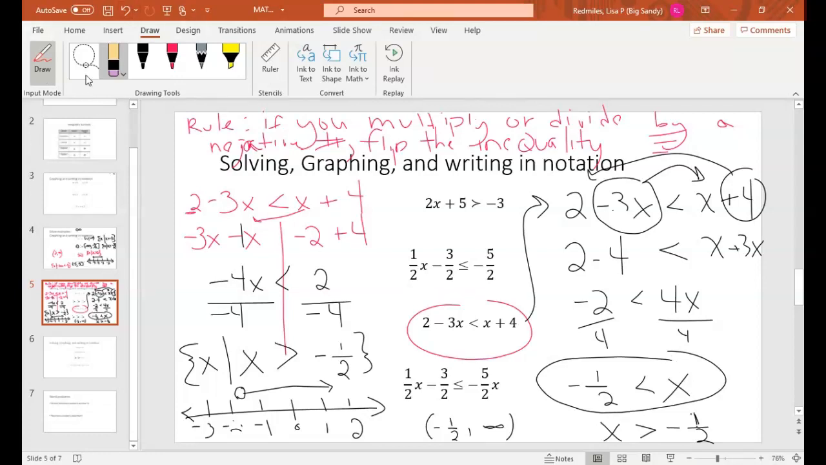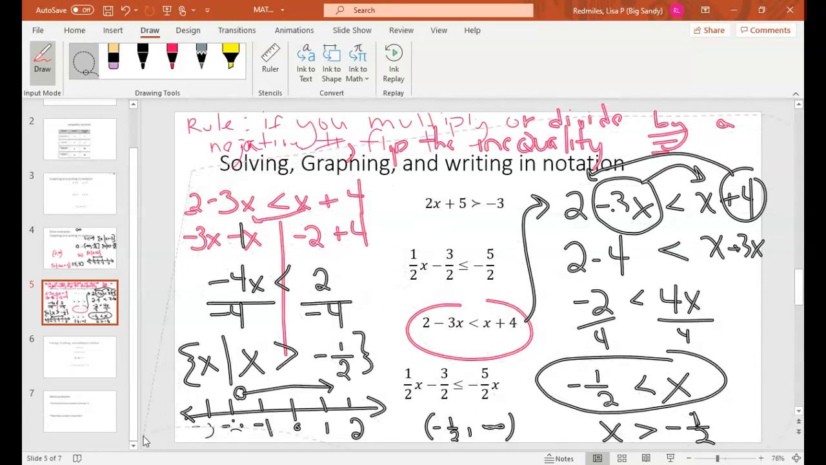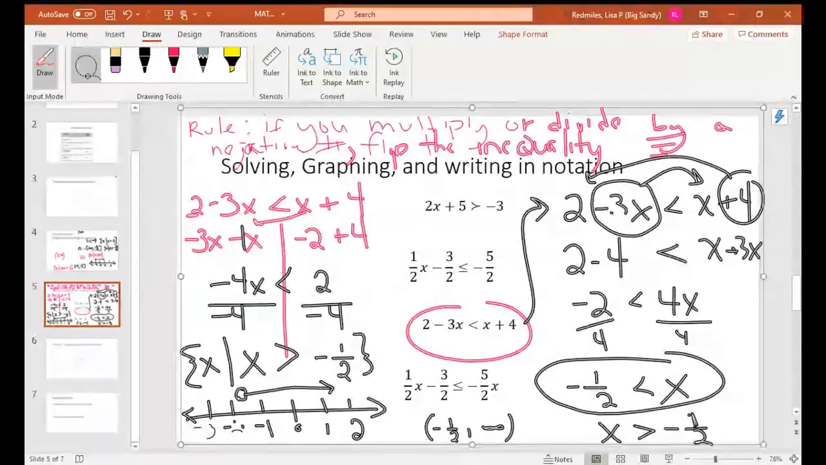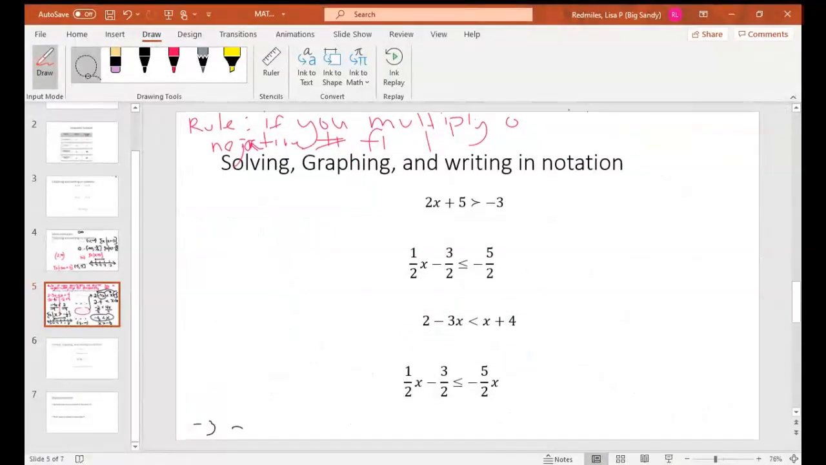Okay, and I just have one more to do. So the point I'm trying to make there, obviously, is that no matter which way I did it, I got the right answers, but I had to remember that last step. Okay, so the last one,